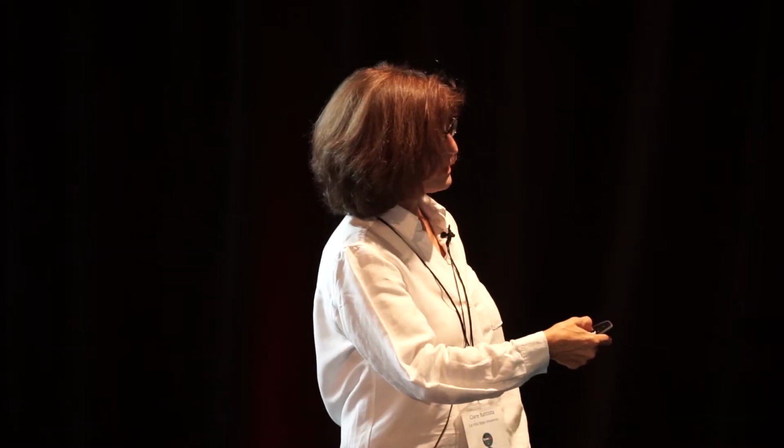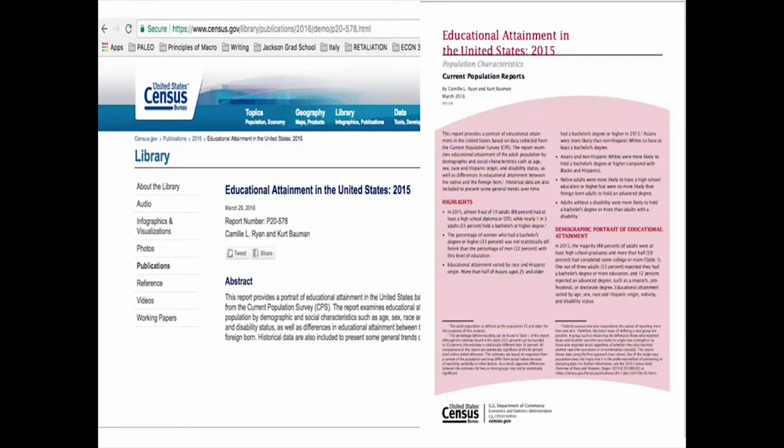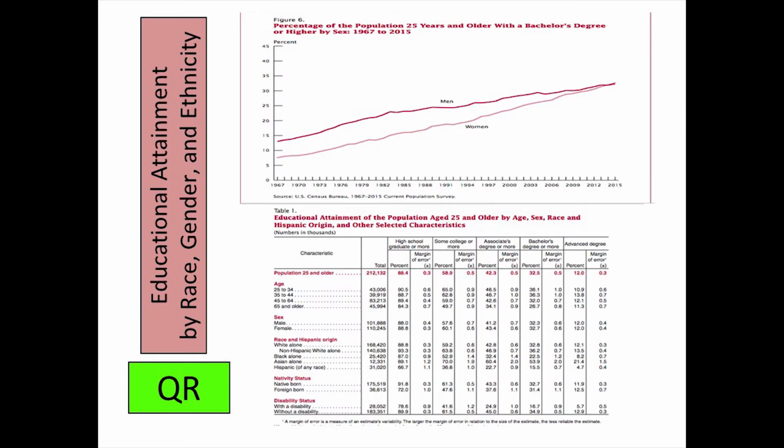So yes, location matters, your own individual attributes matter, college degree matters, your major matters, but those are not the only things. Right? So now we go to the Bureau of the Census for the purpose of getting the gender, ethnicity, and race breakdown. So students also begin to see that now we have other circumstances that come into play that also lead to different outcomes in terms of returns to education. So those are things that we have to pay attention to.